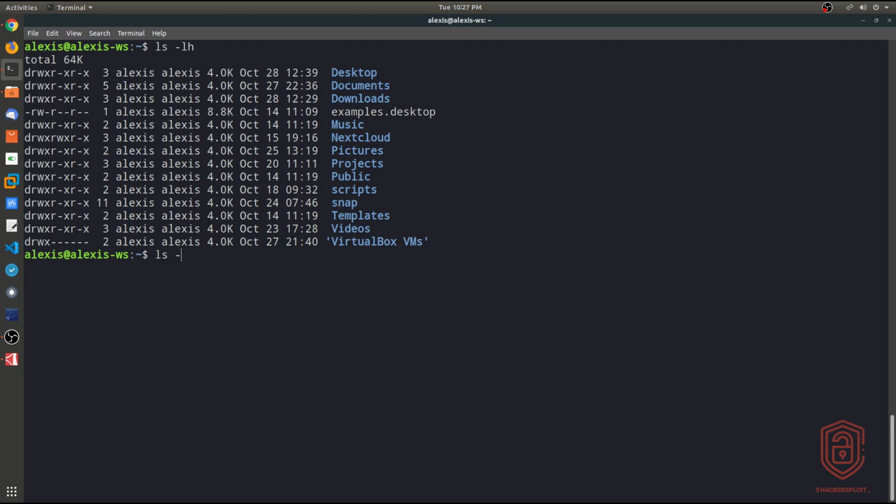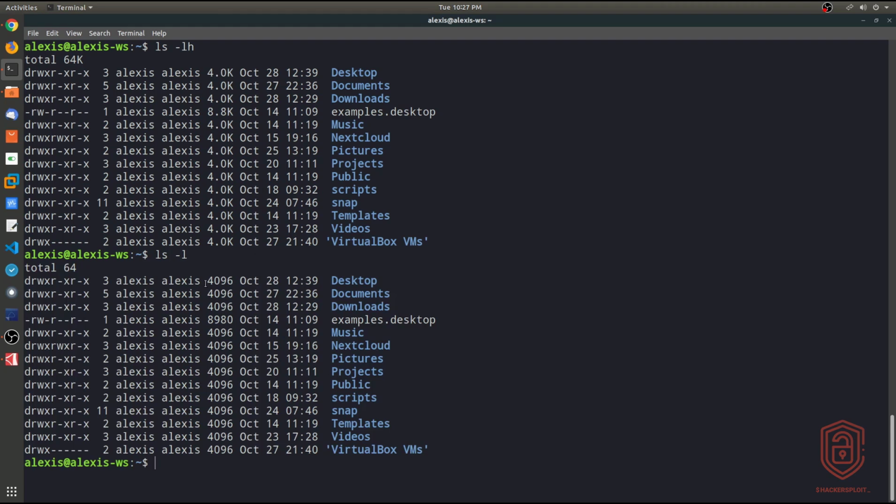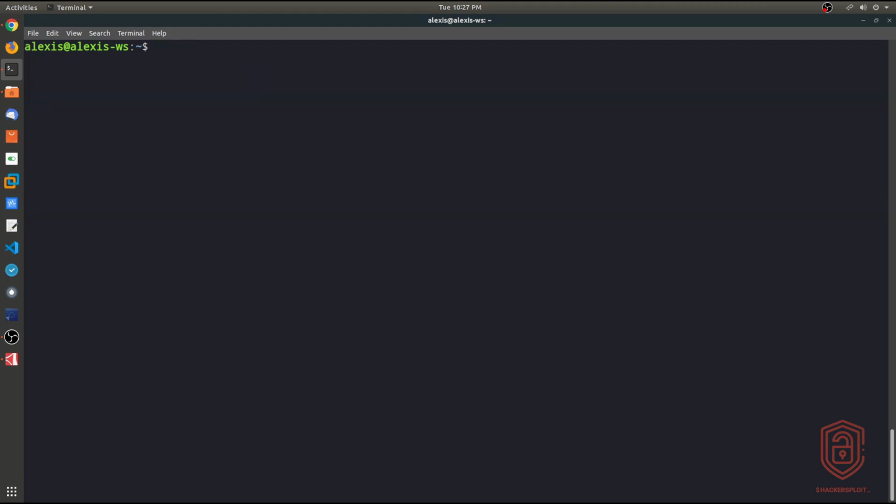All right, so if I say ls -l, you can see that the data here, or the size of the files, is in bytes. Right now, when we use the ls -h, where the h stands for human readable format, you can see it displays the actual size in kilobytes. Much easier way for you to understand the sizes of files, etc. All right, so let me just clear the terminal here,